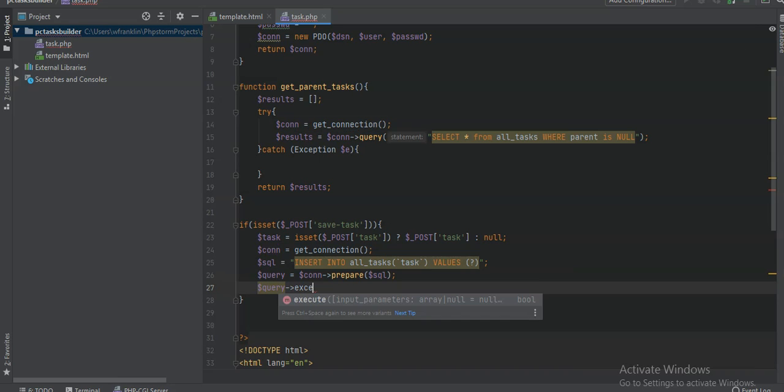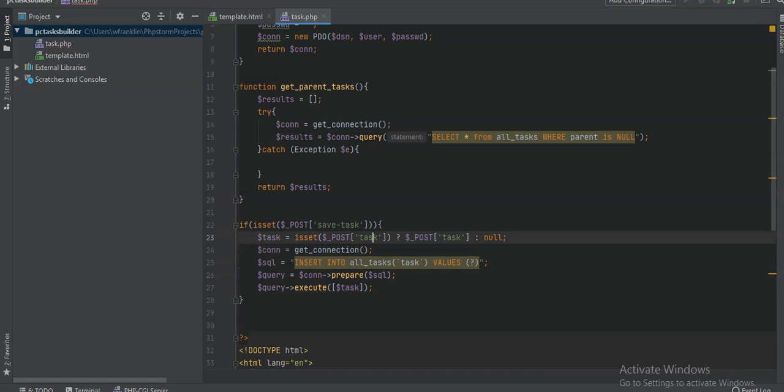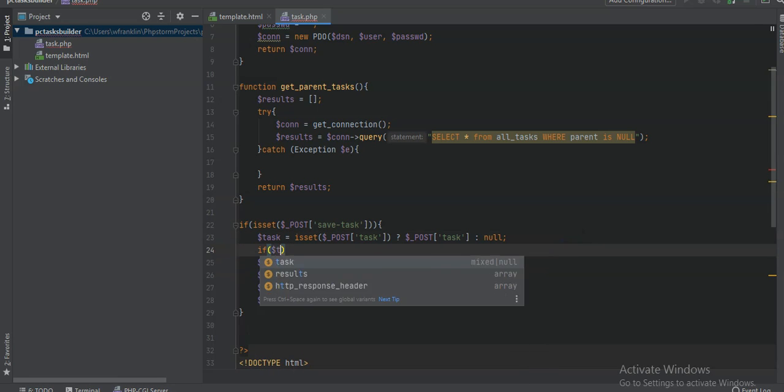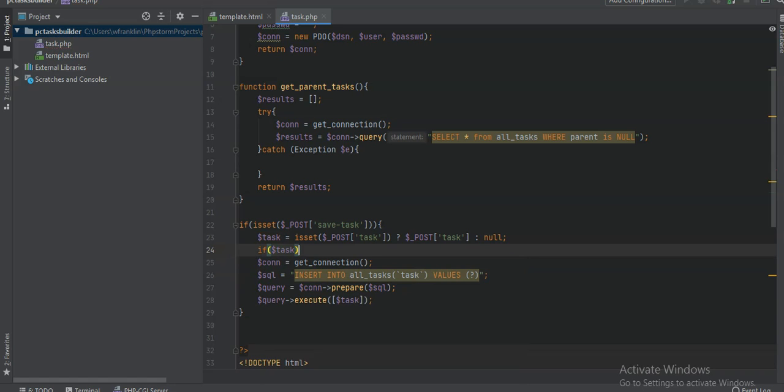Query execute task. Now this can only happen if our task is not null, so we say if task, then do this,